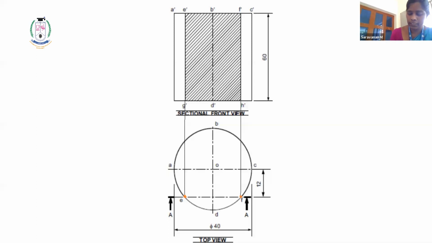This is known as the sectional front view. Here only 4 points have been shown for the cylinder; you have to create a minimum of 8. So draw the sectional plane. First mark the intersecting points of the sectional plane with respect to the corners of the prism or pyramid. Mark the points, project them towards the front view, mark the points, draw, and then do the hatching.